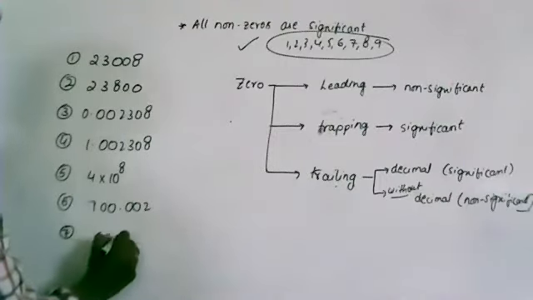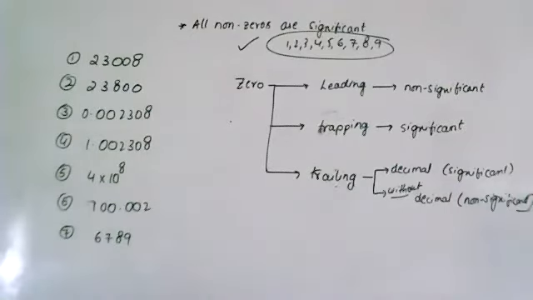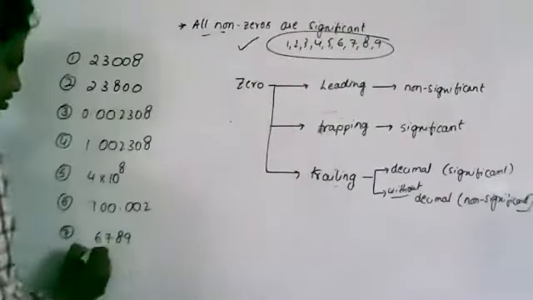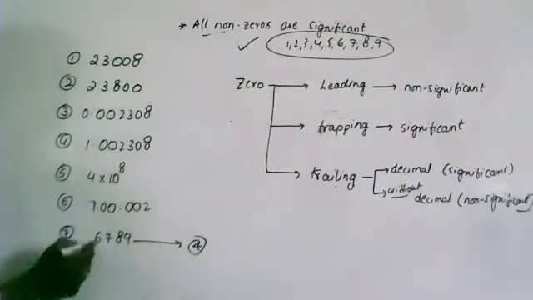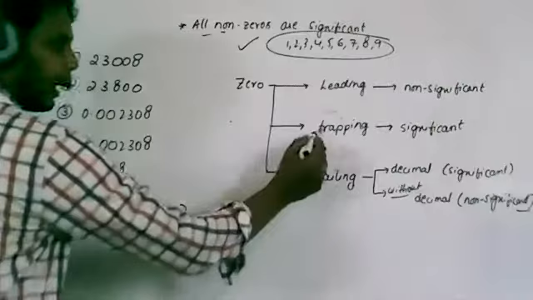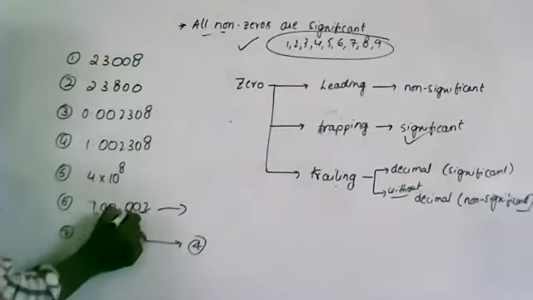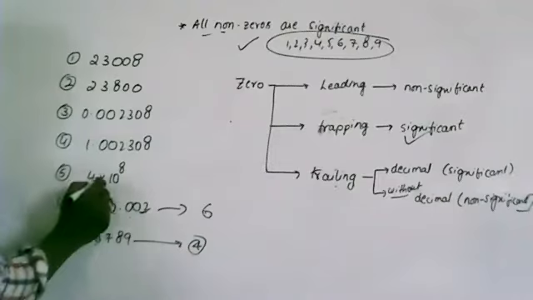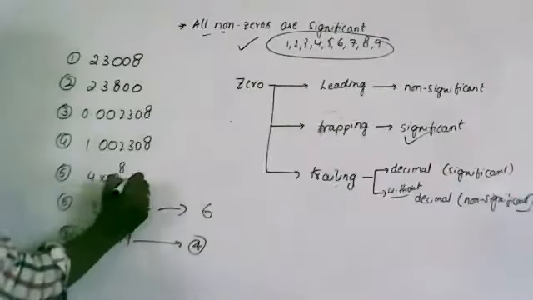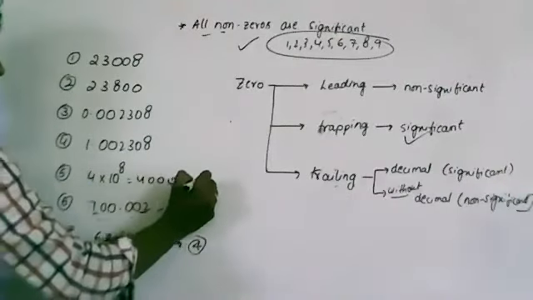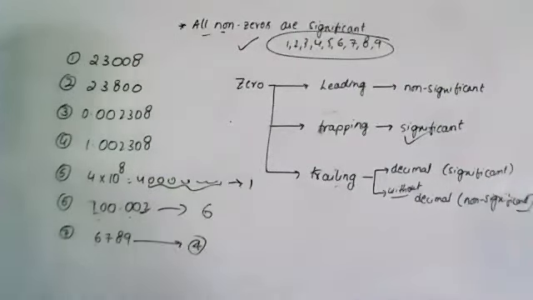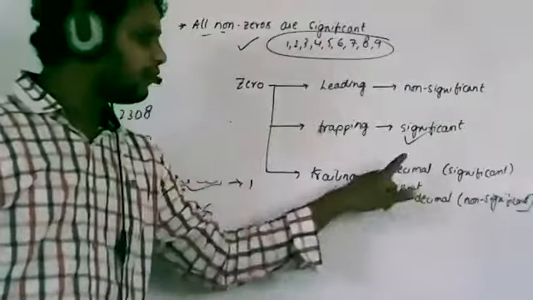So I'll go from the bottom. If you take this, all non-zeros are significant. In this all non-zeros are there, therefore 4. Now next, here trapping. Zeros are trapped between two numbers. Therefore, trapped means significant. So 1, 2, 3, 4, 5, 6. Clear? Now remember, trailing zeros. All trailing zeros without a decimal are non-significant. So if you take like this, you can take 4 after 0, 0, 0, 0, 0, 0. Therefore, all these are trailing zeros, non-significant. So how many numbers are there? 1.